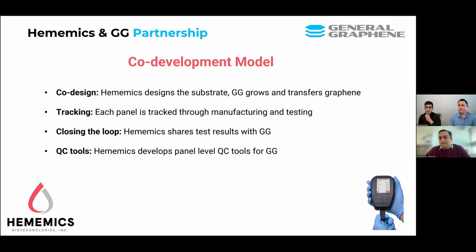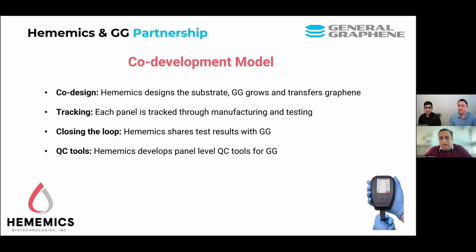For each panel that comes to us, they do their quality control, which Michael went into in fair detail. From our side, we track each board together during transfer, and any observations that were made. When we do our manufacturing, we track them pretty closely with an in-house system. For each sensor and each board that's tested, we take care to track from the beginning to the end, and we share data with each other. We have internal testing metrics that we share with General Graphene.